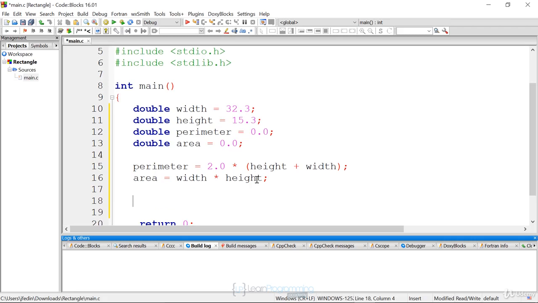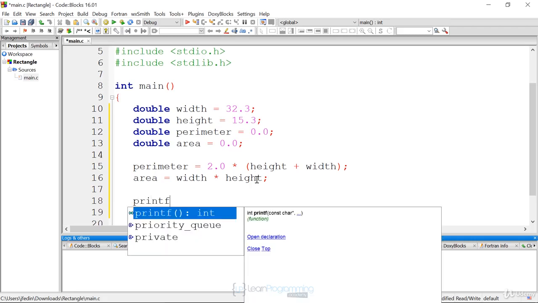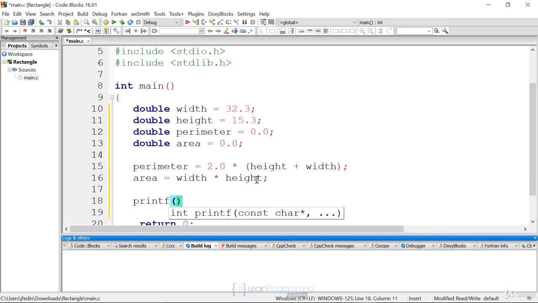The last thing I want to do in my program is I want to display this output to see if it's correct. I can use the printf function to display output. And when I want to display the value of variables, I have to provide format specifiers. But remember the printf function first takes this first argument. Anything inside double quotes will be displayed to the screen. So here I just want to say, and we could print out all three variables, or we could just print out the perimeter. Let's say perimeter